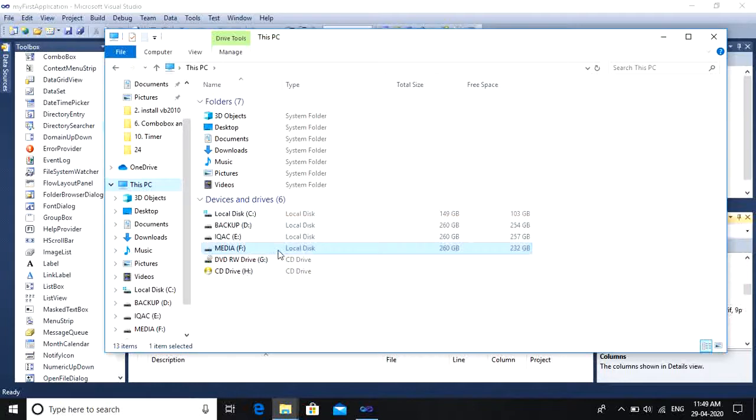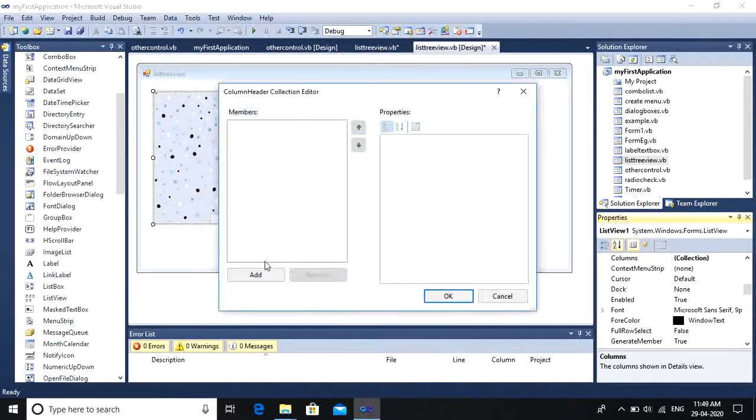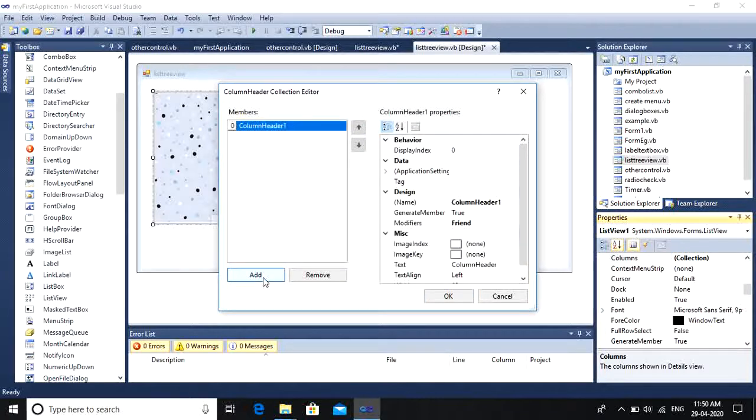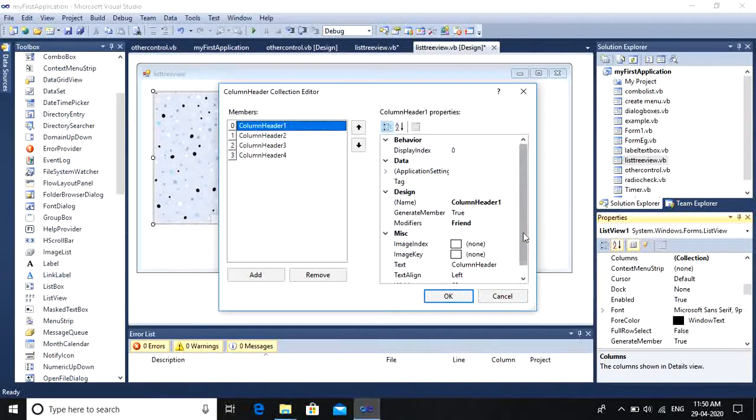So let us create our own groups, our own columns, and our own items using our application. And these are the icons. If we have icons available, you can put your own icons. So here we have the list view, and here the columns. I'll create some columns, just like the Windows Explorer. Here in the Windows Explorer we have name, type, total size, and free space. So I'll write here